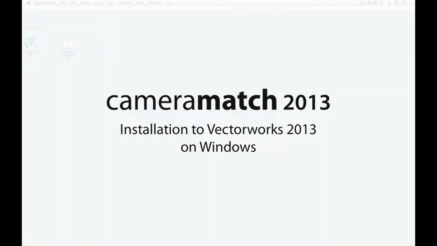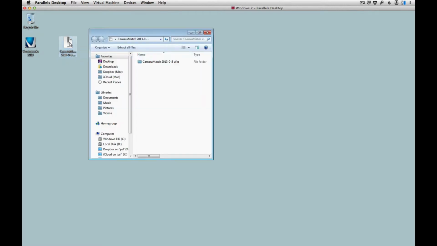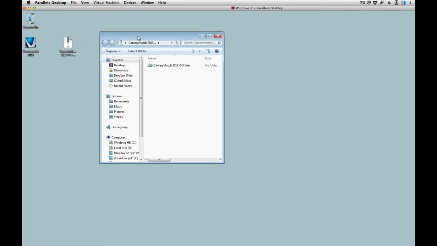Okay, so to get started, we download the file from the panzercad.com website. It's just a zip file that we've downloaded for CameraMatch, and we can open it or expand it. I'll just double click and open it here, and there's another folder here, CameraMatch folder. We want to open that as well. Okay, so in that folder we now have